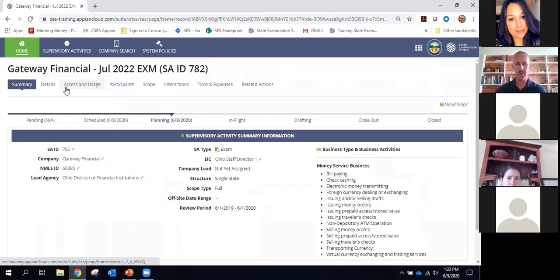You'll see across the top here, we're not going to get into these tabs, but there's some probably pretty obvious functions that you may interact with as you're going through an exam of SES. One is where I can assign participants. I can go into this participants tab and add team members to my exam if I need to. I can build my exam team if I need to. That can also all be set up ahead of time by the person who does the scheduling in your state. So if you're wondering why that's here, it's a place where you can make changes to it if you need to, but also leave it alone if it's been set up ahead of time.